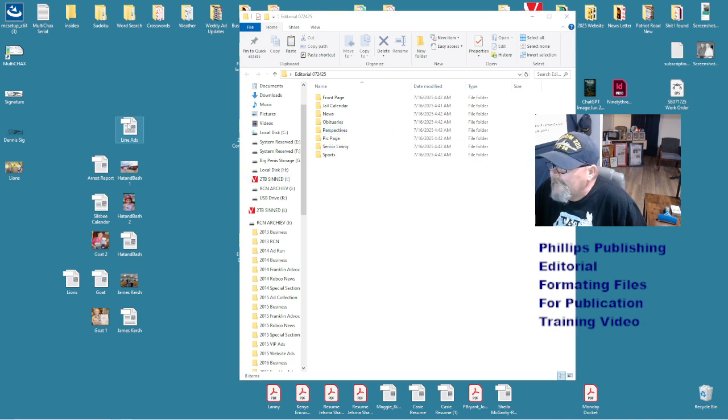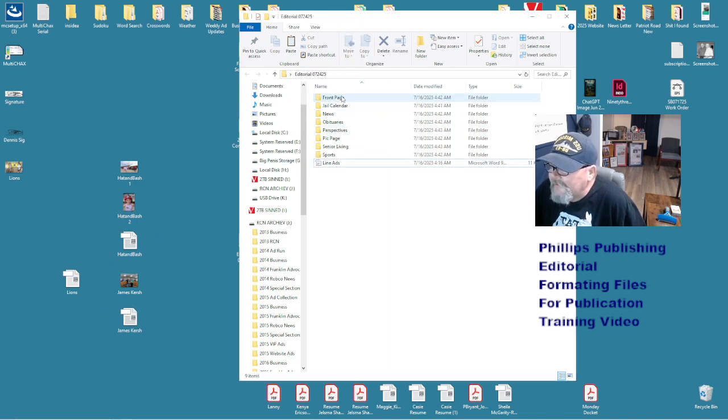Okay? Line ads sits up here, out on its own. You're probably not even sending it to me. That's where all I'm putting it. Arrests, you are sending me that. Jail calendar goes there. Silsby calendar goes there. Okay? And let's say some of this was front page. Let's say the goat was front page. Who cares? It doesn't matter. It's just for